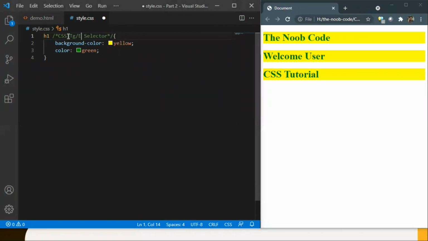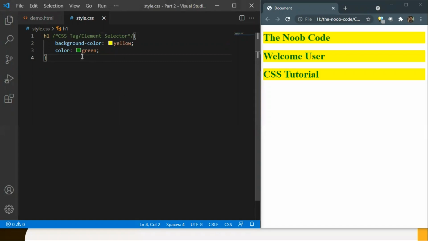So this is the first way. For the tag or element name selector, we simply define the HTML tag name as our selector name. It can be h1, h2, button, body, span, or any HTML element name or tag name. So cool, moving ahead.